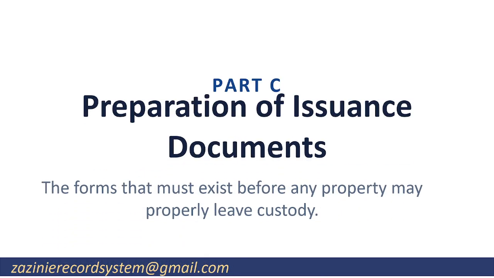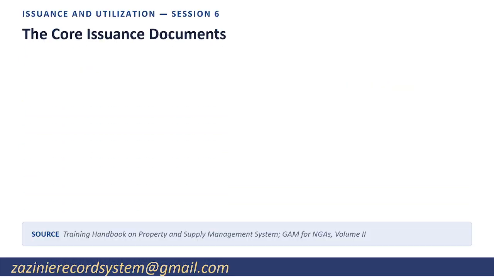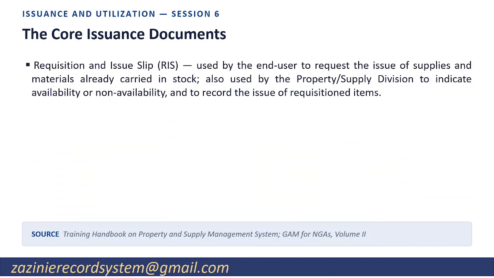The forms that must exist before any property may properly leave custody. This part covers the documents that must exist before any property is properly released, the RIS, the PR, and how they differ. Next slide. The core issuance documents. Requisition and issue slip, RIS, used by the end user to request the issue of supplies and materials already carried in stock. Also used by the property or supply division to indicate availability or non-availability, and to record the issue